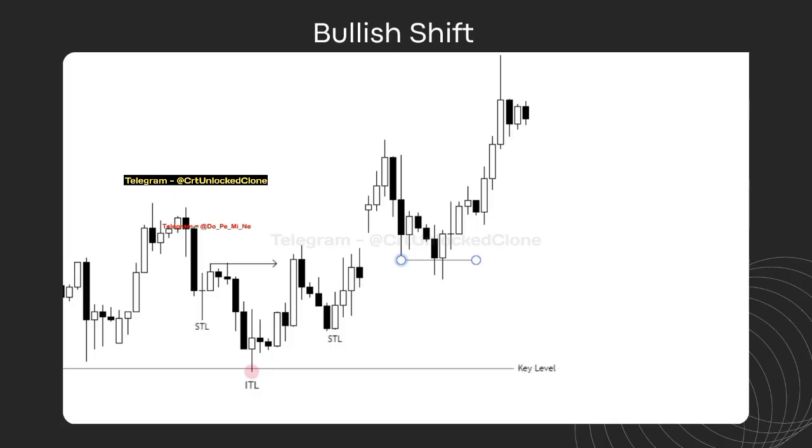Another thing you can also see right here is that this low is an intermediate term low. This can also be classified as a long-term low because it tested a higher time frame key level, but you can just classify it as an intermediate term low. And the reason for it being an intermediate term low is because it has two short-term lows